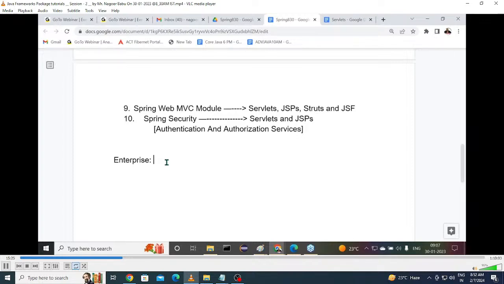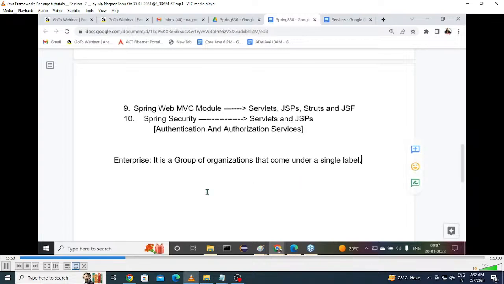Simple, as per my awareness, observe carefully. It is a group of organizations that come under a single label.